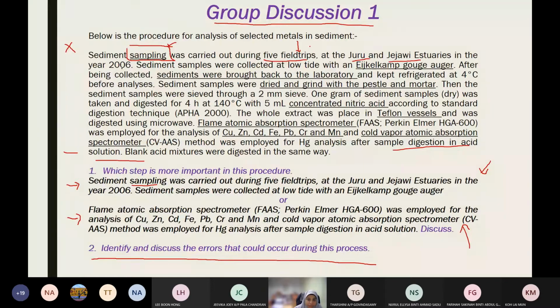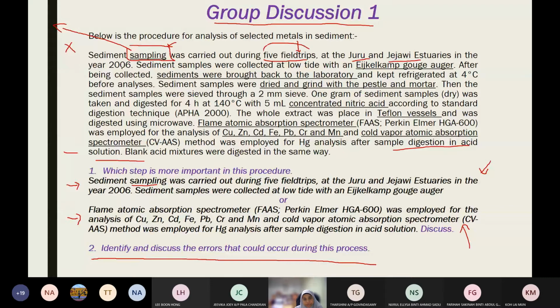So all these things will give error to your analysis, because when you take samples at a different time, some of your metals will be volatile. So you cannot get an accurate result every time you do the monitoring in this particular area. During the sampling, one of the most important things that you should concern is